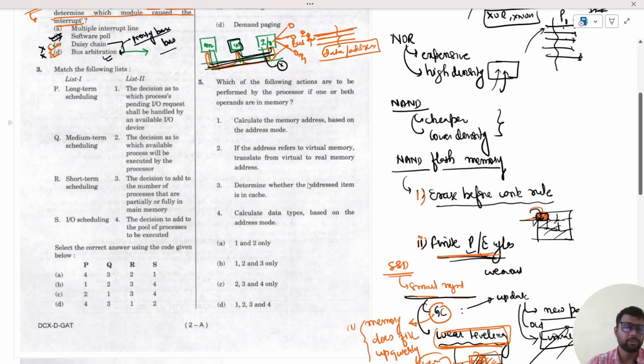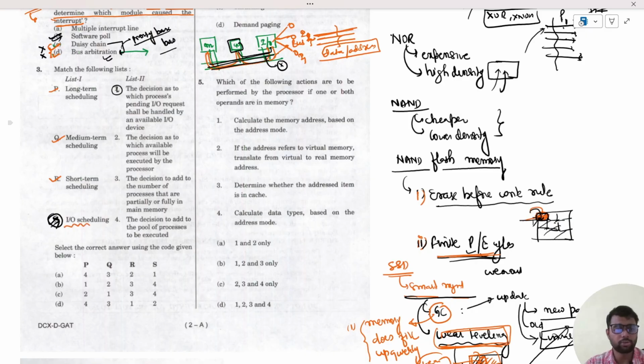In question number 3 also, there are different types of scheduling. We have CPU scheduling, which we completed in the operating system, where we saw the functionality of the dispatcher, the ready queue and the scheduler. We're not going to do it here again, but simply you can see that there is IO scheduling, which is option S. And if you want to match this, input output is only in option number 1. So even if you do not know the rest of the terms, like long-term scheduling, medium-term scheduling, or short-term scheduling,